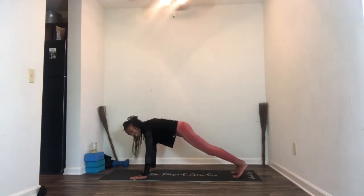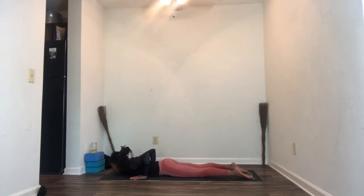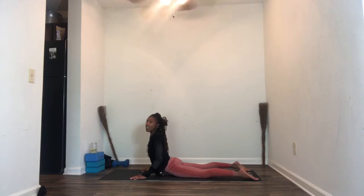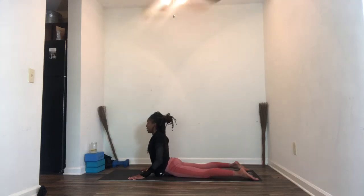Cha-cha-cha, chaturanga. Dropping down knees. Chest and chin. Elbows squeeze the ribs as we lower. Inhale, lift the heart back, bend. Low cobra. Now as you exhale, go ahead and roll the body back down to the mat. Inhale, use the back muscles to pull the chest up. Reach the crown of the head up towards the sky. And exhale, roll it back